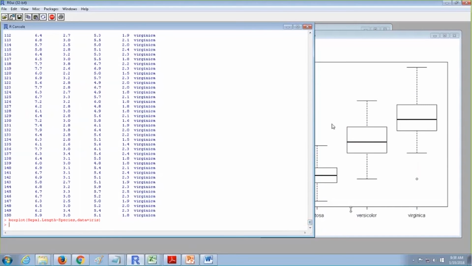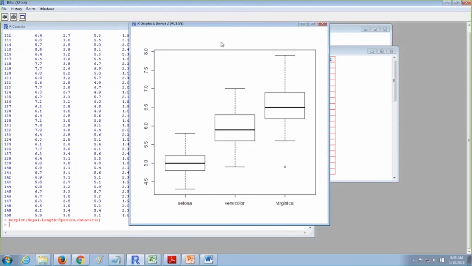If I plot this, I can see a graph based on different species. I had plotted my sepal.length. So what does it mean? On looking at this graph, what is the interpretation that you could make out of this box plot? Any idea? Juma, you said Virginica has one outlier. Yes. This dot represents the extreme outliers. It can be either in your minimum section or in your maximum section.